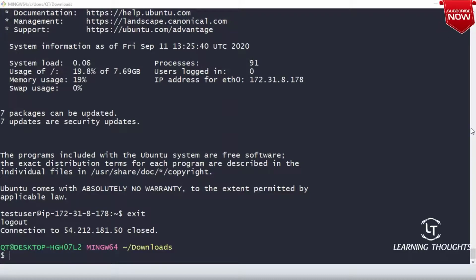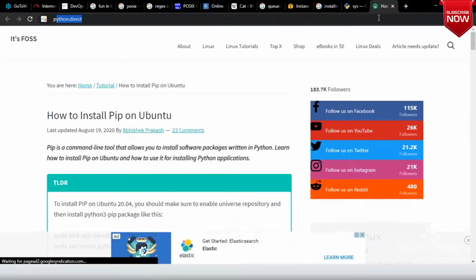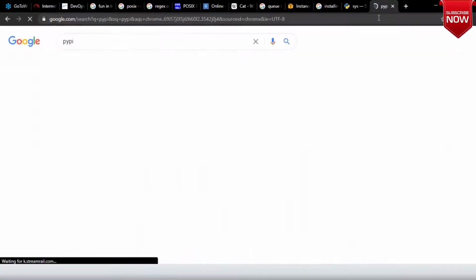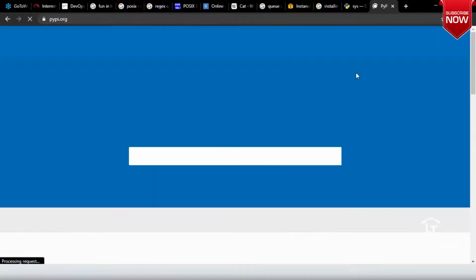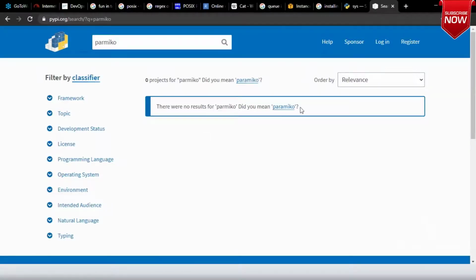To handle SSH connections, I will be using one of the modules in Python, one of the external modules. This is PyPI, the Python Package Index. Over here, Paramiko.